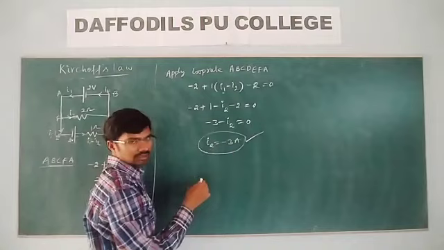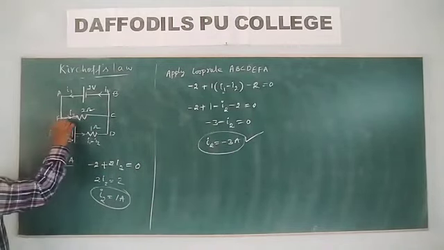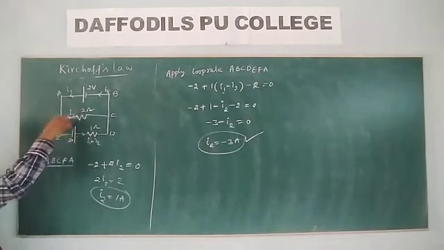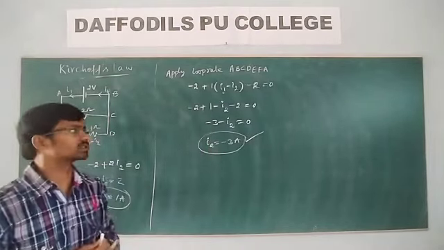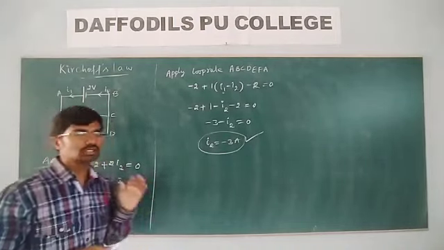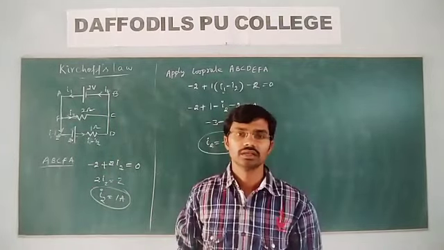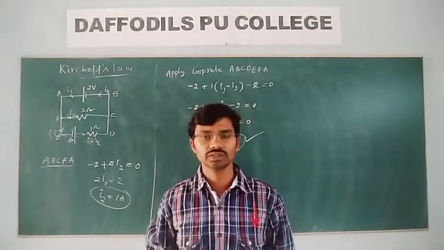What does this negative sign represent? We had taken I2 in this direction, but negative means the direction of I2 is in the opposite direction, not the one we assumed. Negative means whatever direction we have taken, the actual current is opposite to it. So by using Kirchhoff's laws, we can find the currents or potential differences across any portion of the wire. And not only that, we can also measure resistance or EMF values using Kirchhoff's laws.